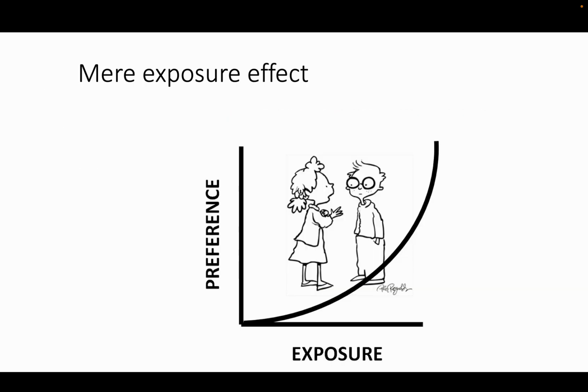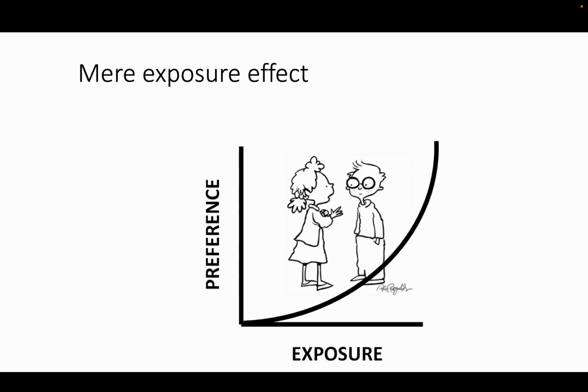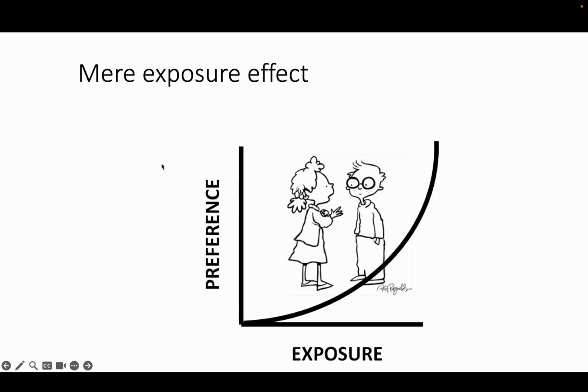Attraction: similarities attract, and proximity. If you're similar to someone, they agree with you, you'll like them. Hey, you're just like me, I like you. Proximity, if you go to the same school as someone, you also might be attracted to them. Mere exposure effect, this is on the test a lot. We like what we're used to, what we're familiar with. So you're going to be attracted to people that are similar to you. And by the same token, mere exposure effect, if you're around someone, you work with them, they might start to grow on you. You might start to like them more. All right, so if they ask, similarities attract.